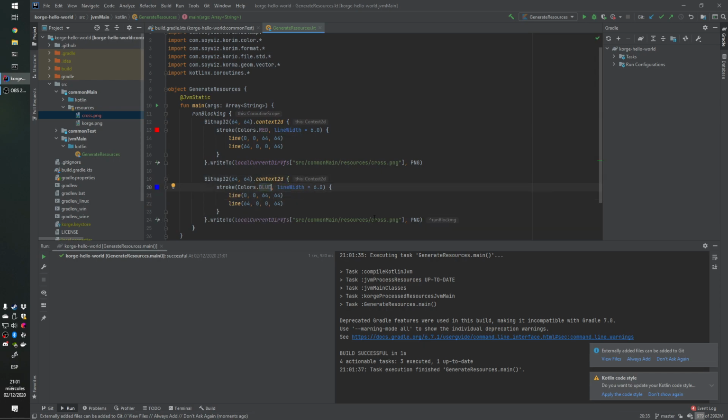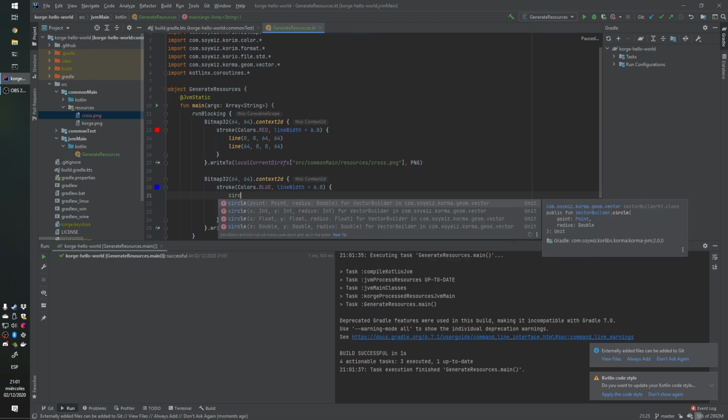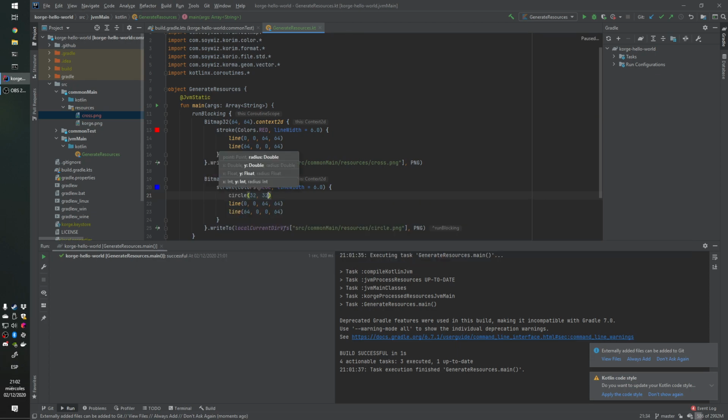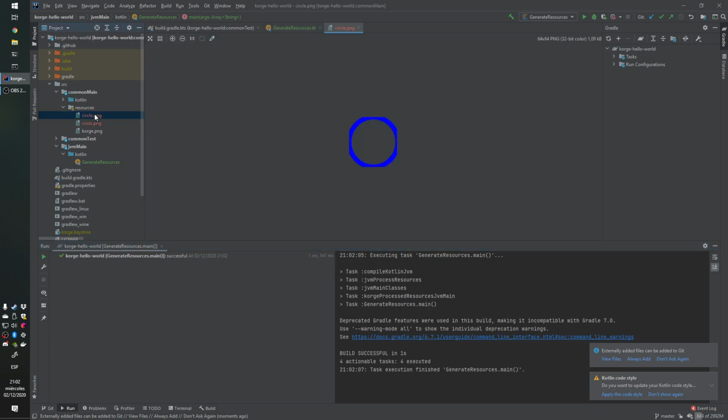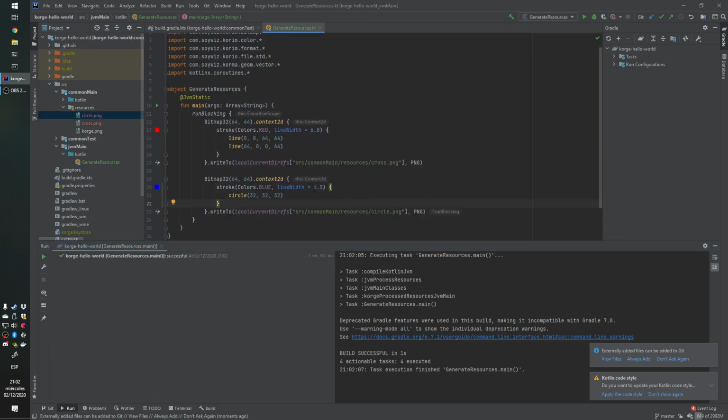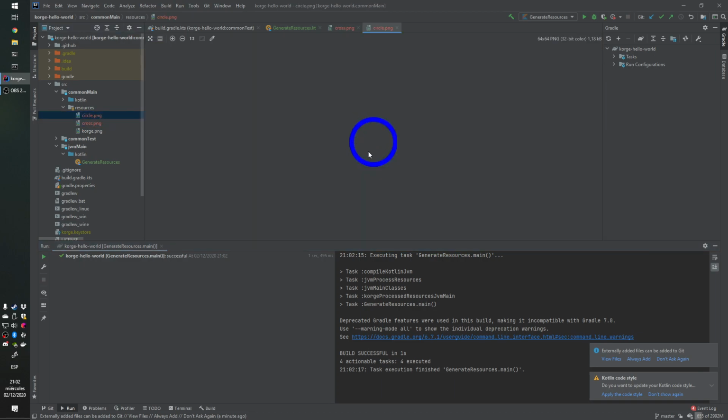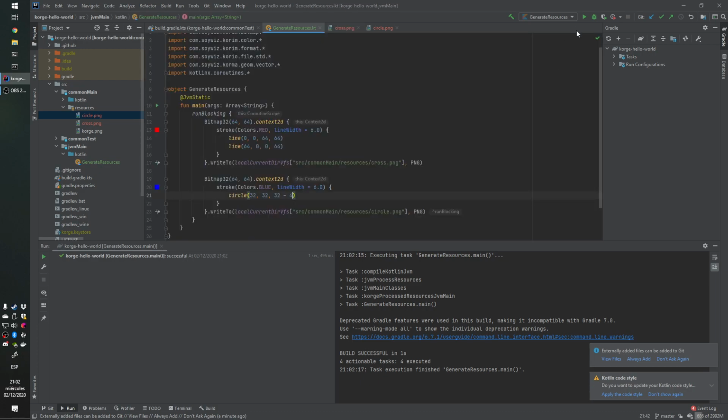and this one is going to be blue. So this is going to be a circle at 32 by 32 with 32 as radius. Probably we will have to reduce this a little bit, so minus 3. So this is the circle here, it's not perfect, so minus 4,